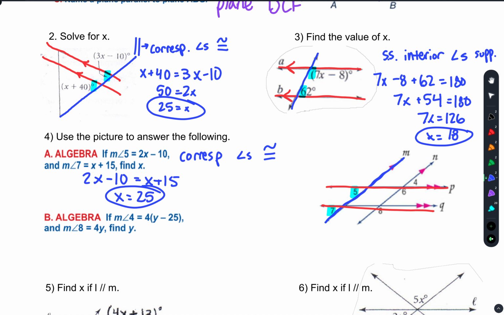Now you're probably thinking, okay, why did we have to do all of that highlighting and stuff? Because it gets a little bit tricky, right? We want to make sure that we are looking at the correct part of our diagram. When I'm going through problems with you one-on-one, I will most likely use my hand and cover up this whole half of the diagram so that we can't see it so it doesn't confuse us. Because when we have more than one angle going on at the same time, things get tricky. So cover it up, put highlighter on there, whatever you have to do to make sure that we're looking at